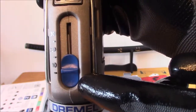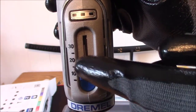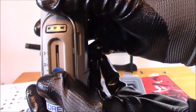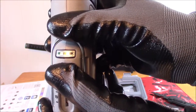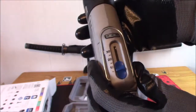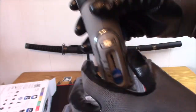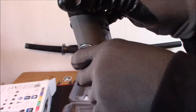Where you control the speed. You guys can see that. And I believe that's 5, that line right there. And it goes 10, 15, 20, 25, goes all the way up to 30. So we'll start it on there. So that was max power. And it does have the battery indicator right here. You guys saw that. And in this corner here. And it has this little...